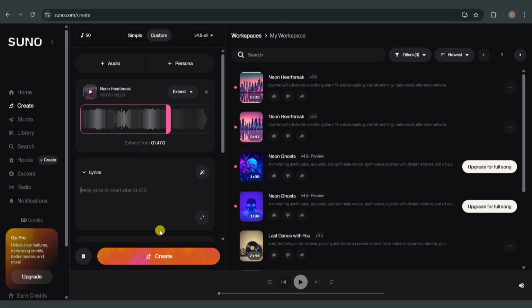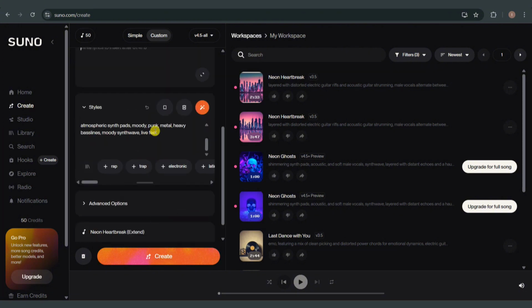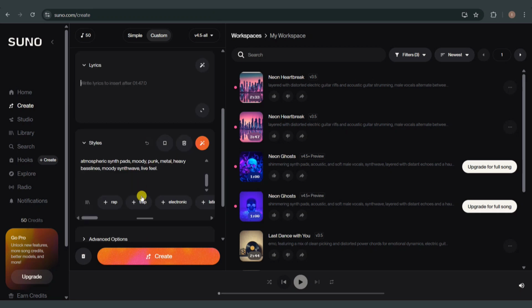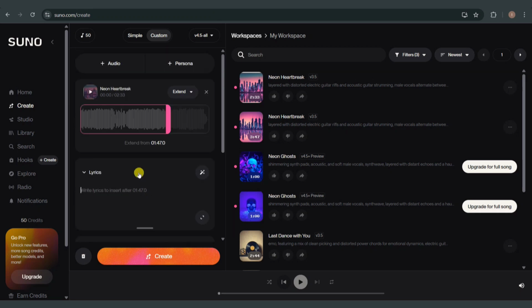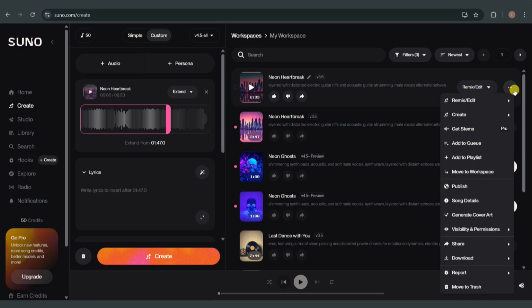So Suno AI will produce an extended version of this song, often labeled part 2. Listen to the new part and decide if you want to keep it. And then once you're satisfied, go ahead and click the triple dot icon next to your favorite extension and then